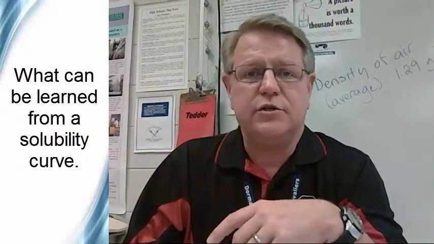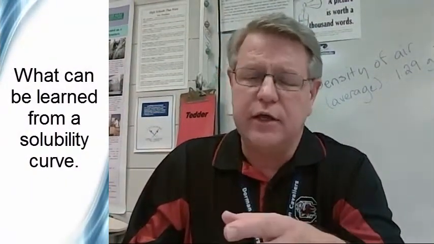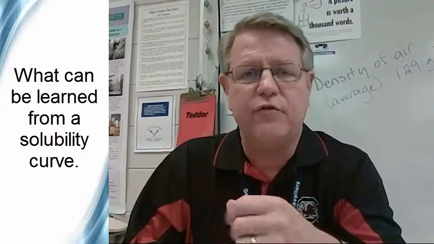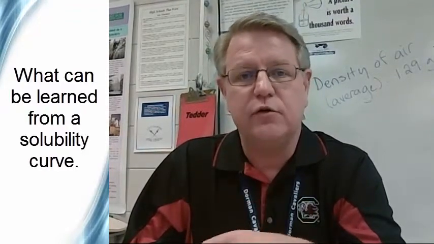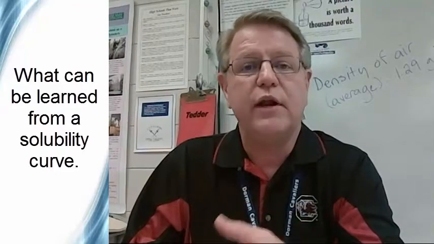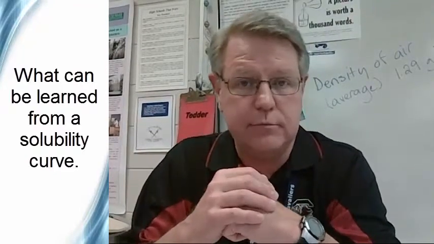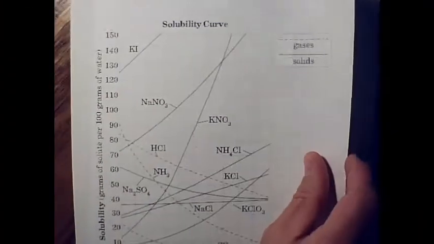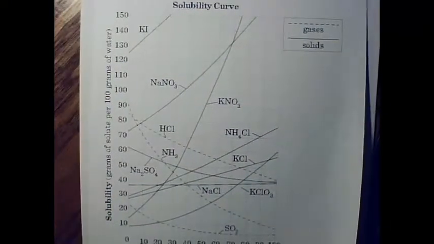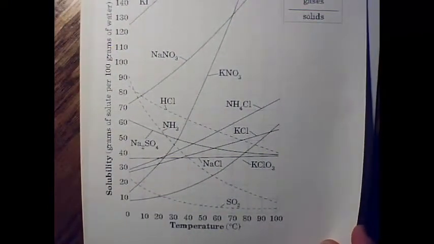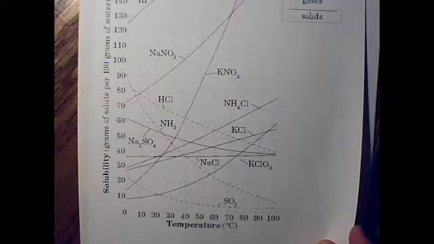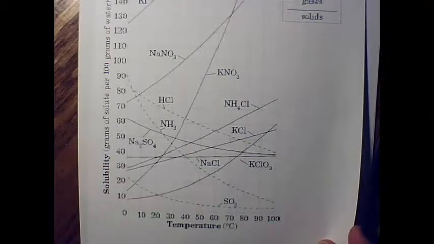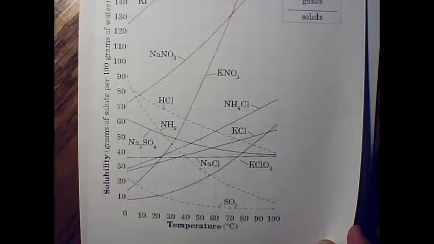Now in the sciences or the workplace or in a lot of things, it's important to understand what graphs can tell you. This lesson is looking at a solubility curve and what information can be derived from it. Alright, so the question is, using this solubility curve, we're going to try to figure out the maximum amount of sodium nitrate that can be dissolved at 50 degrees C